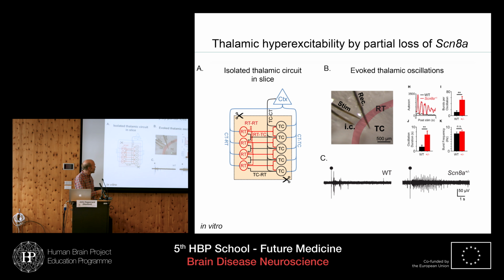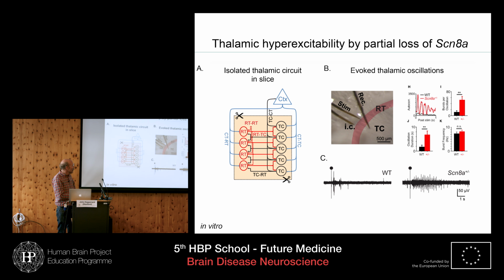Here's a brain slice, here's the thalamocortical cells, the reticular nucleus, and a stimulating electrode that we've placed in the internal capsule. And this stimulating electrode will activate corticothalamic outputs and thalamocortical outputs. Both of those types of excitatory connections will activate the reticular cells. Remember, it's listening into that thalamocortical dialogue. So we can mimic a cortical response by stimulating here. And what that does is it initiates activity in this recurrent thalamic loop.